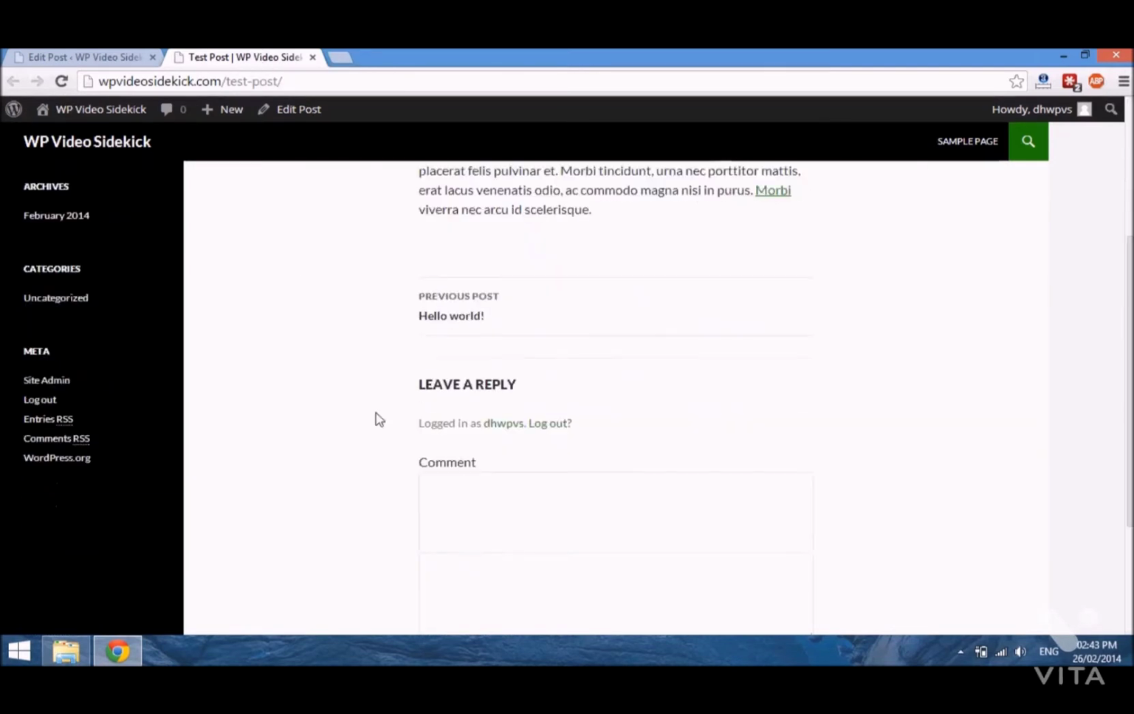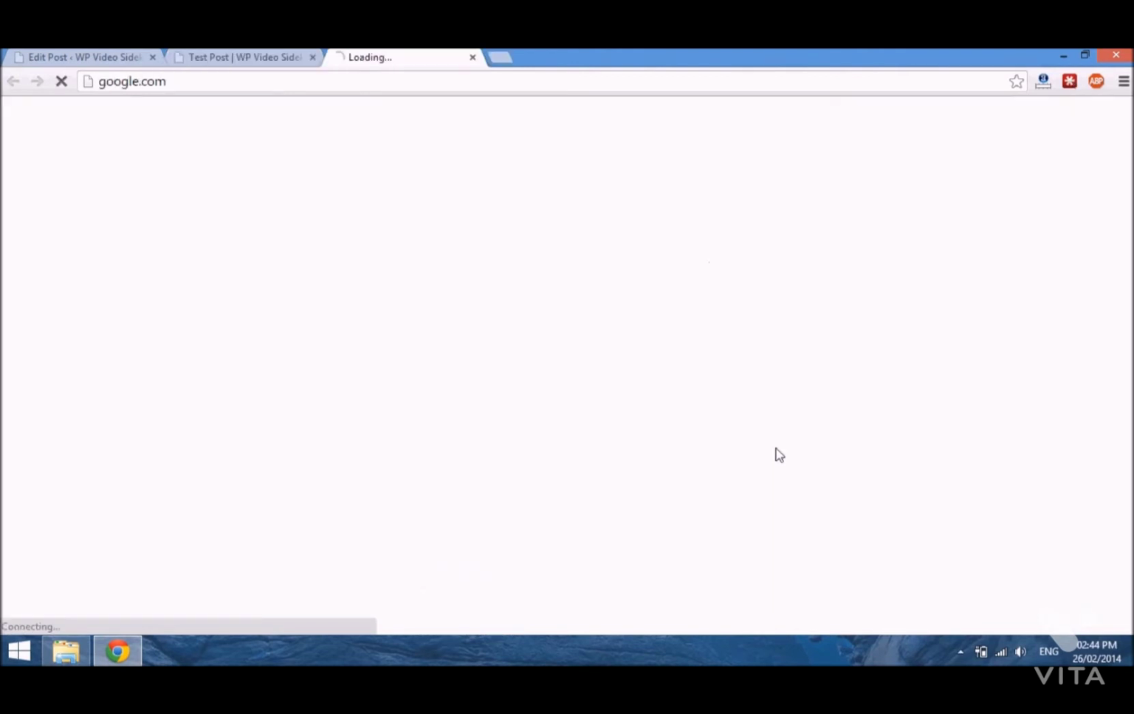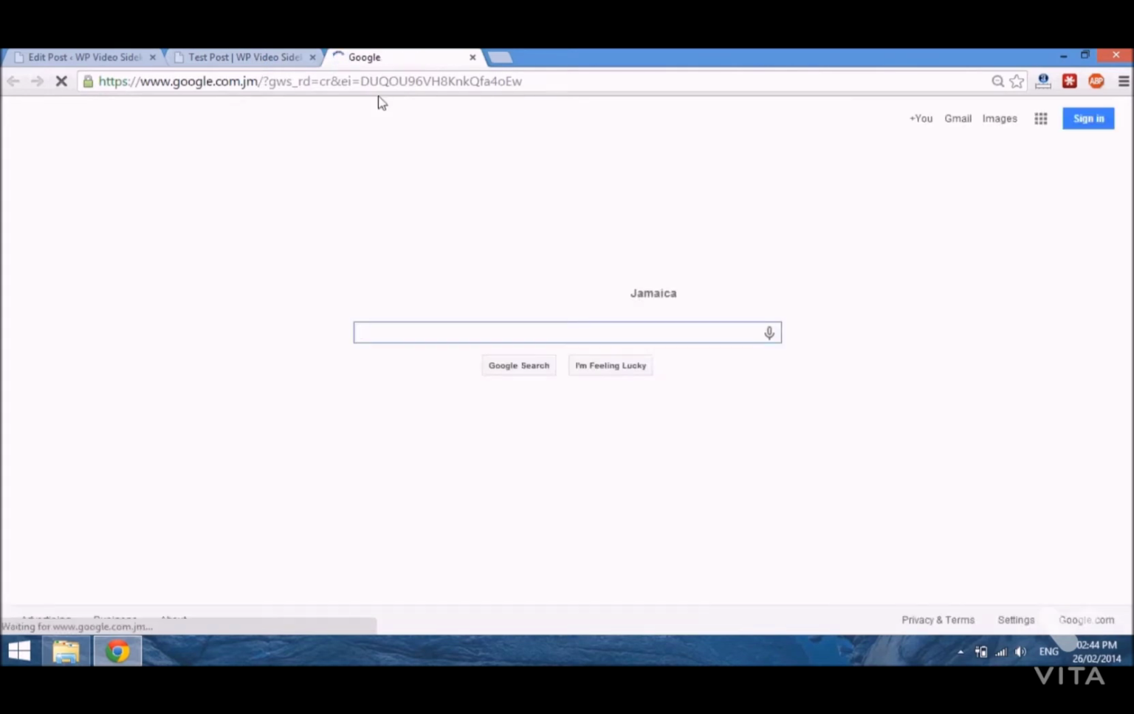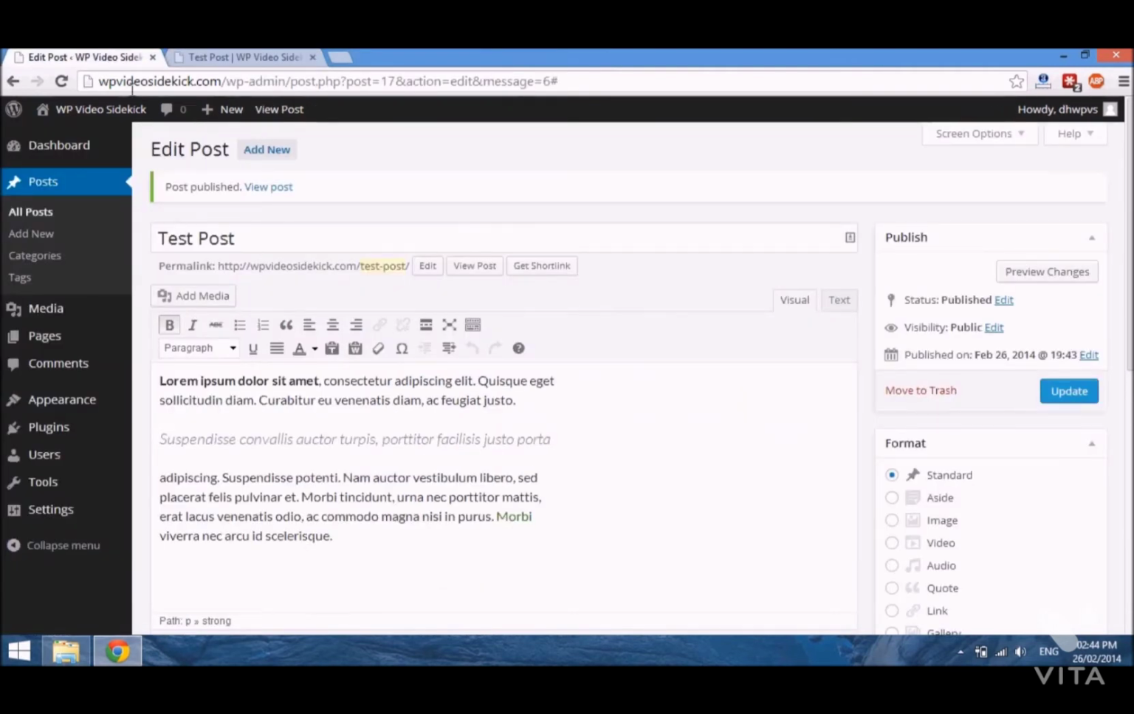Okay, so there's our post with our styling, bold, our quotes, and our link, which if we click it will go to the destination that we have put in at google.com. Okay, it's taking some time to load, but there you go, Google. Okay, now if we go back to our site and we just select visit site,